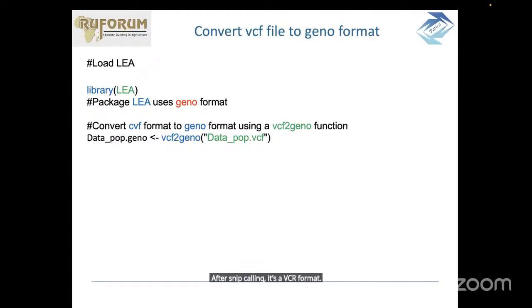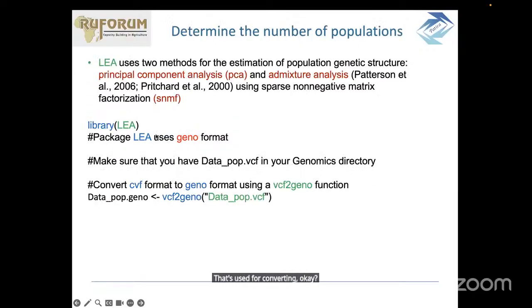So you have to change that. Here, there's a function called vcf2geno that is used for converting, okay? We have, in one of the files that we downloaded